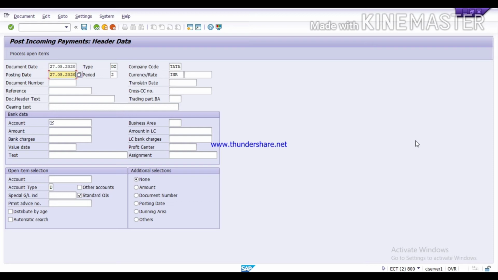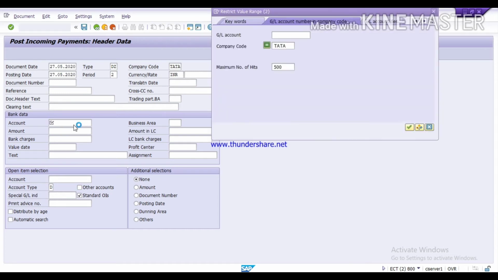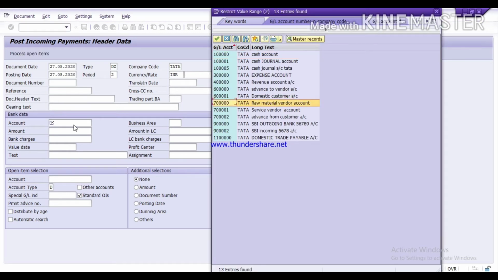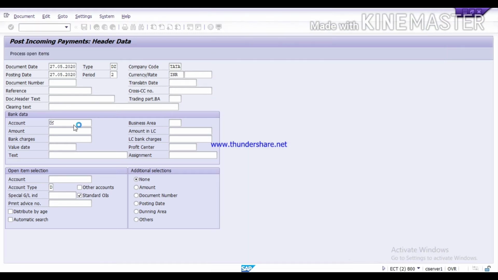Currency is INR. And period is second. Here we will select the bank account. Press F4 key. Select your incoming bank. Give the amount, which is 2 lakh rupees. Value date is 27th. Narration.